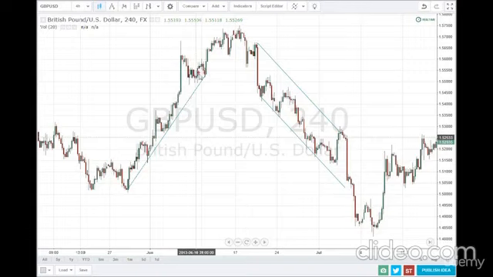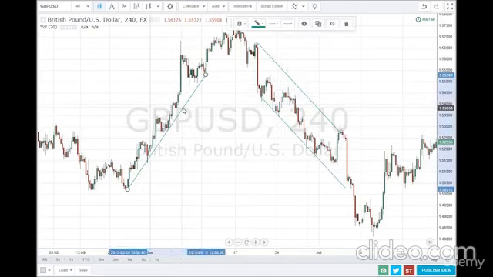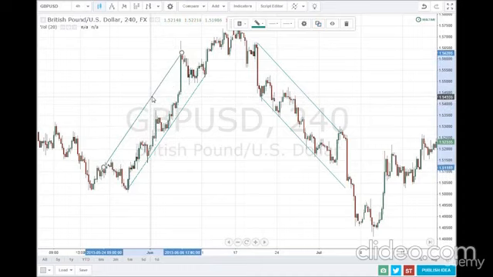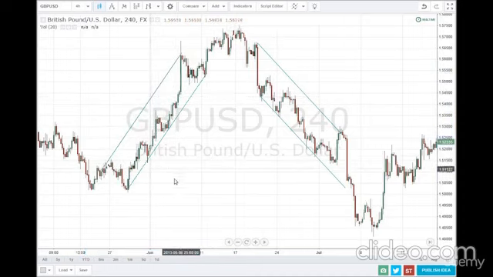When price reaches this support at a future time, we have an engulfing candle and price moves on the upside. This channel is not as clear as our downtrend channel, but if we duplicate our line, you'll notice our first push here and the push here join, and we have our